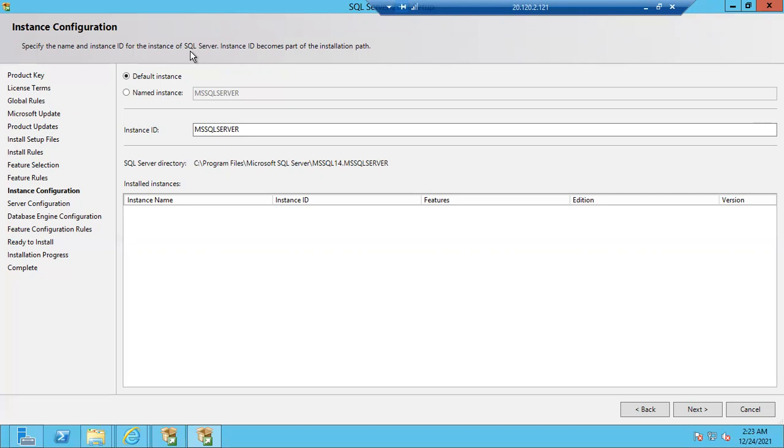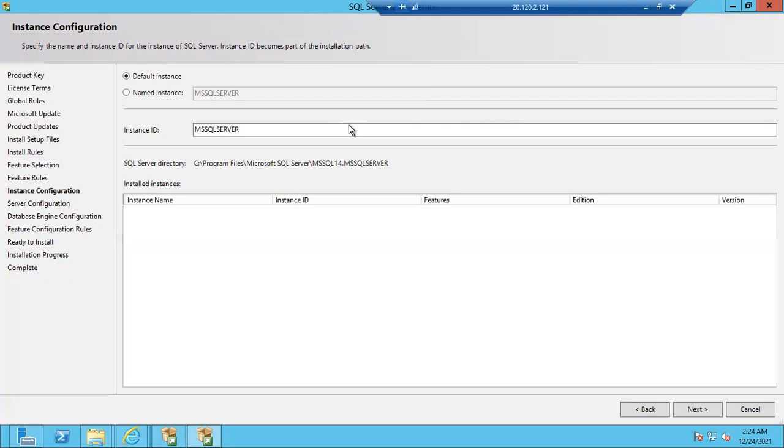It's not mandatory. You can type either answer, either default or named. Whatever you want. Not mandatory. Very good. It's not mandatory that you have to install default instance only for the first time or named instance only for the first time.